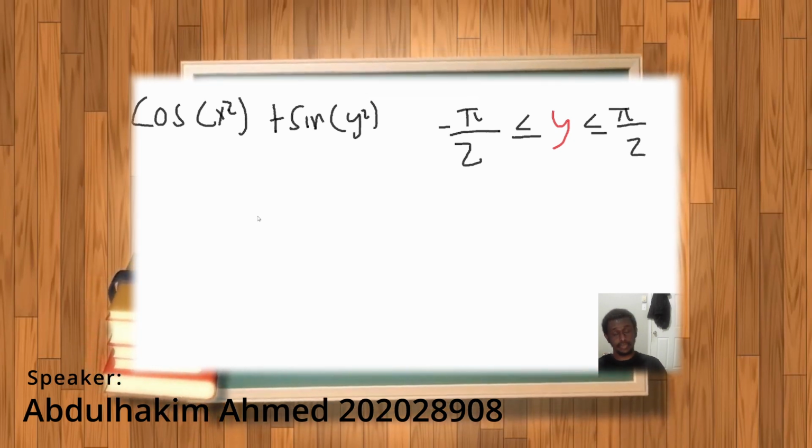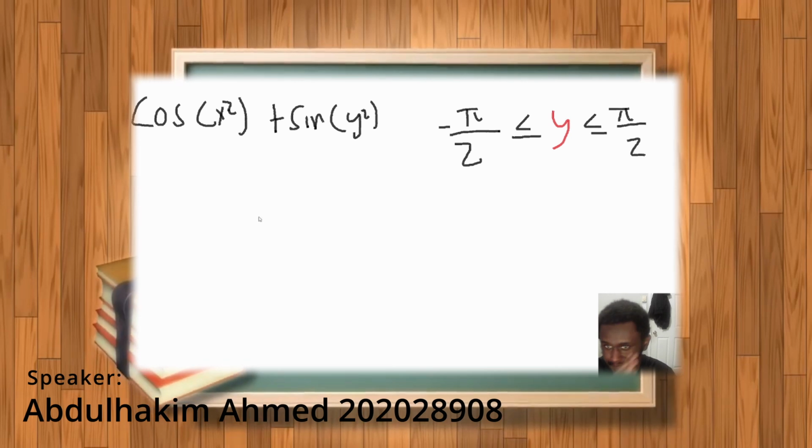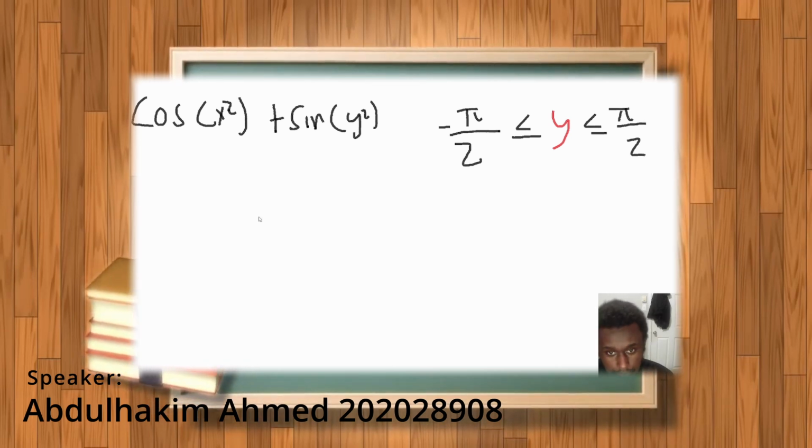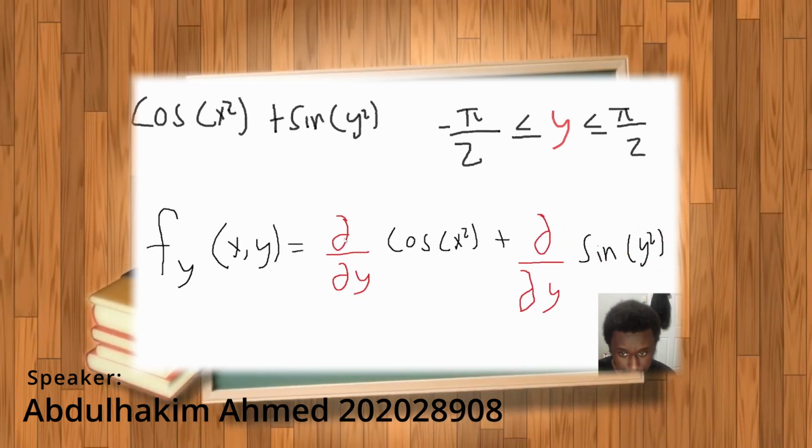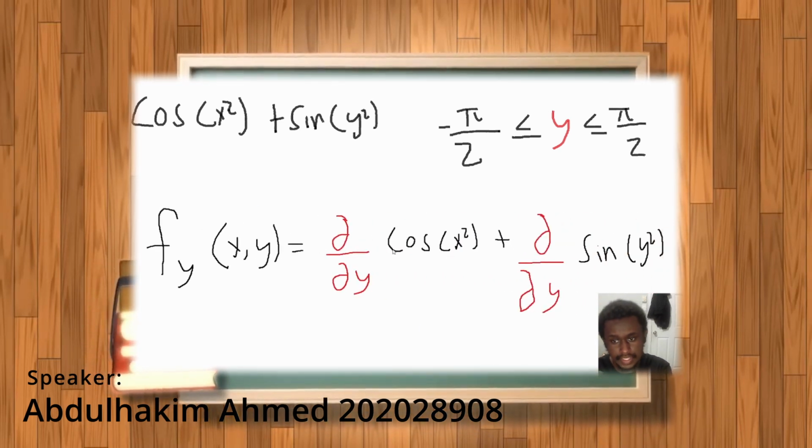Now we'll see what happens when you derive this function in terms of y, again keeping the range between negative pi over 2 and pi over 2. So we have this function again. We take del of the function times del y for both sides, so we keep x or any other variable